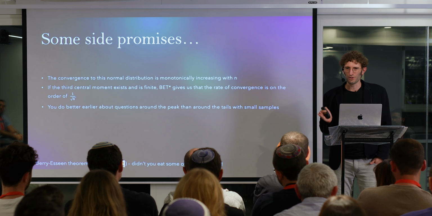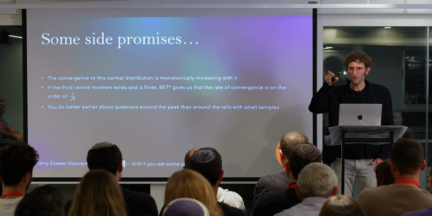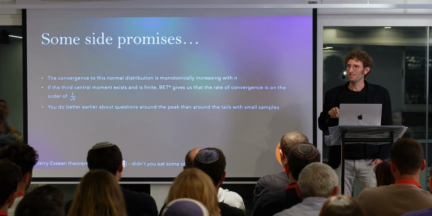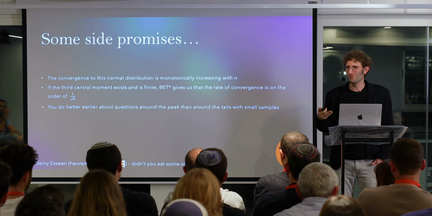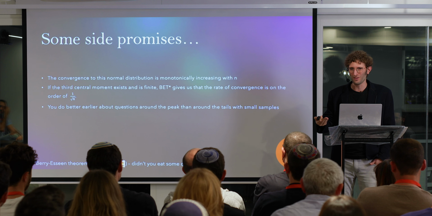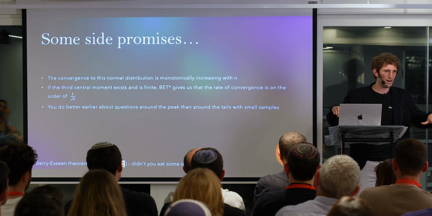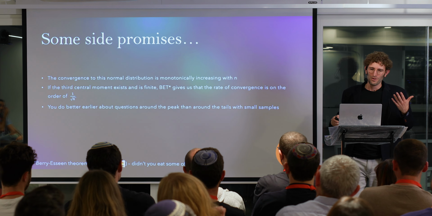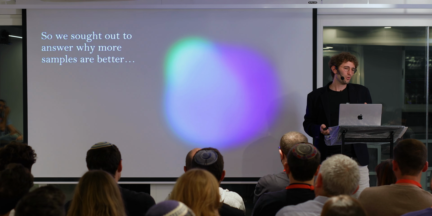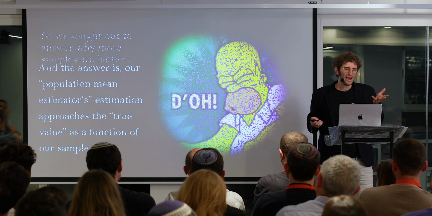The other thing I can kind of tell you as a corollary, is that things that involve the peak of your distribution are where there are a lot of samples. You need fewer samples to get close to the real values than you can say about the tails, which are by very definition rare. Okay, so we sought to answer why more samples are better,